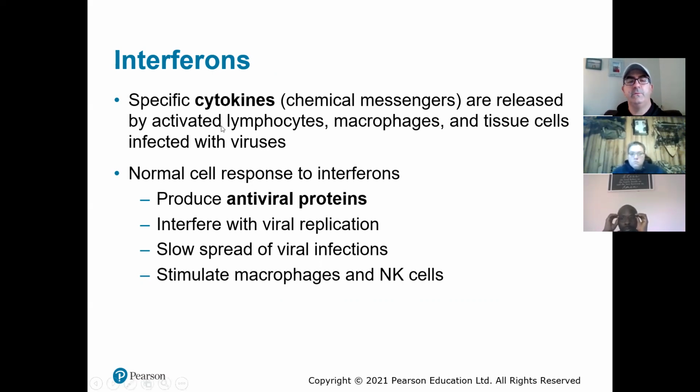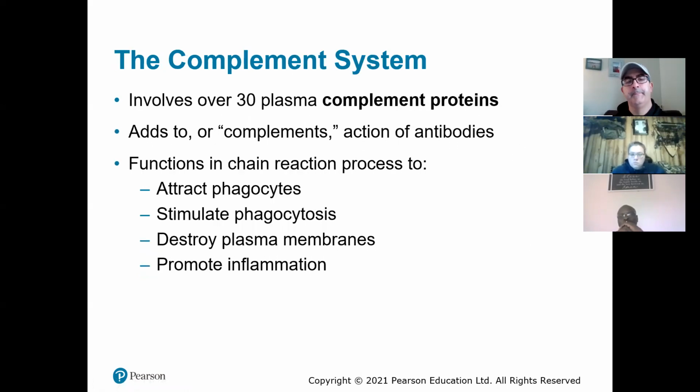This is one of the first times we're talking about interferons being part of the innate immune system, and they are. Macrophages can secrete interferons or cytokines, but also activated lymphocytes, which are part of your adaptive immunity, can secrete cytokines, which will produce interferons as well. So you're getting this crosstalk between adaptive and innate immunity.